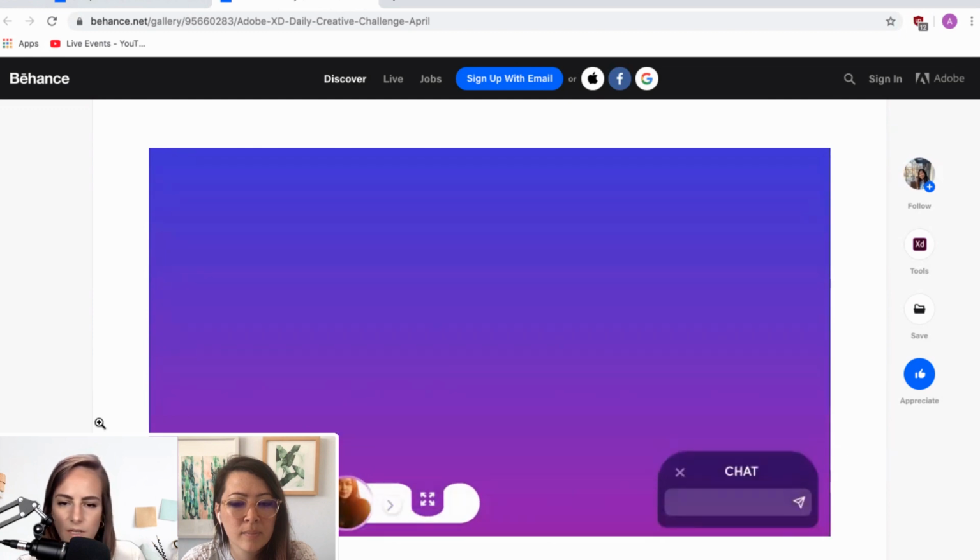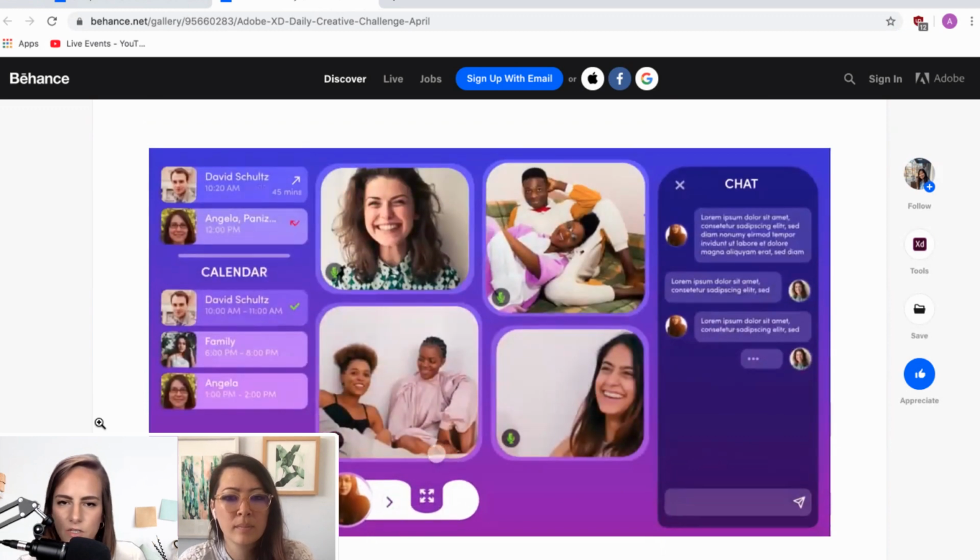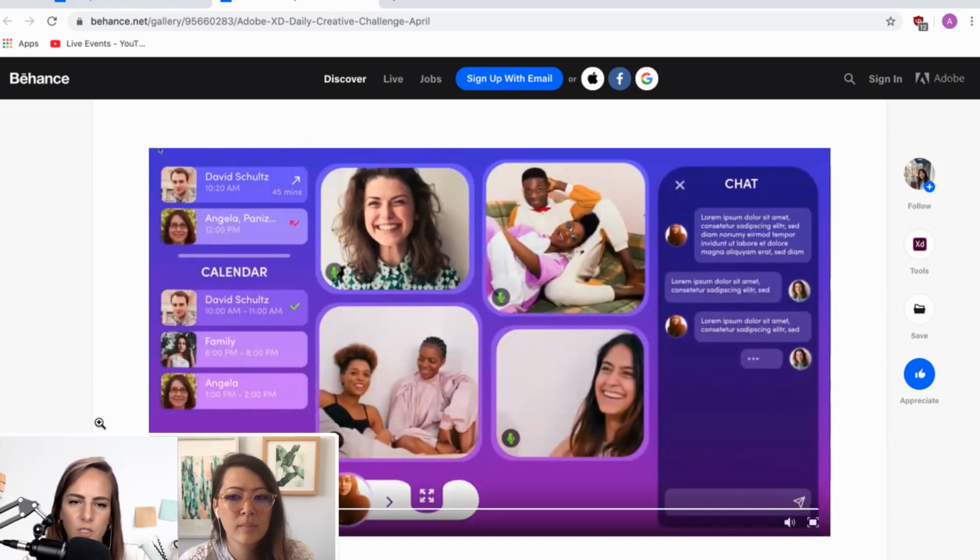My initial thoughts: I'm not really sure what aspect ratio this is. I'm assuming this is a 1920 by 1080 desktop or maybe a tablet. But I didn't see any hamburger menu or some kind of menu where I can access all of the other screens. Or maybe this is supposed to be the menu down here. It is kind of cool how it's modular and I see all of my friends that I'm calling or chatting with. But I would like to see how I can get from screen to screen. That's my initial thoughts on this.